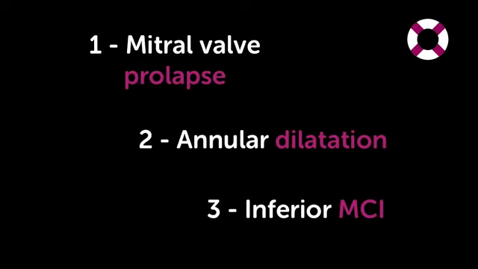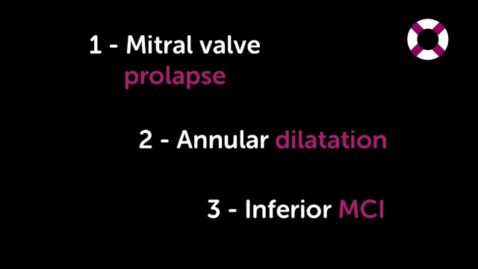The issue I would like to deal with next is the question why. Why do patients have MR? What is the cause for mitral regurgitation? There are numerous different causes, but I picked the three most common causes, at least in the Western world, which are mitral valve prolapse, annular dilatation, and coronary artery disease, specifically if it is related to an inferior or posterior